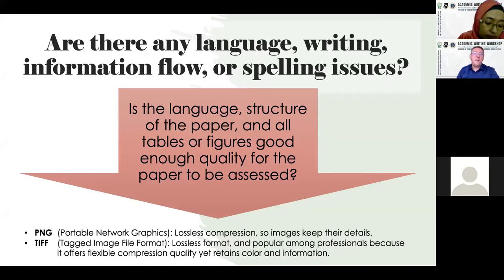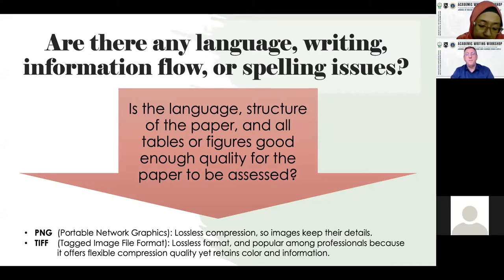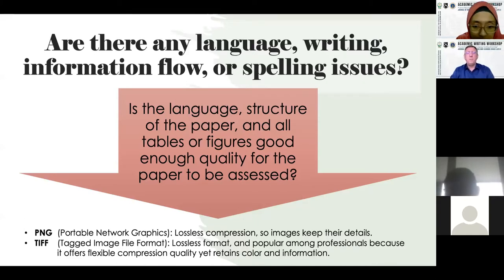And the information flow is very important. The information must flow from sentence to sentence, from paragraph to paragraph, and section to section, on and on. And if the information does not flow very well, like if you use too many pronouns, if you use he, she, it, this, they, and you do not have a noun after they or this, you cause an unclear antecedent. That means no one knows what you're talking about. So information flow is very important.